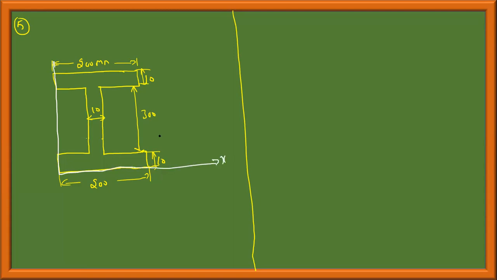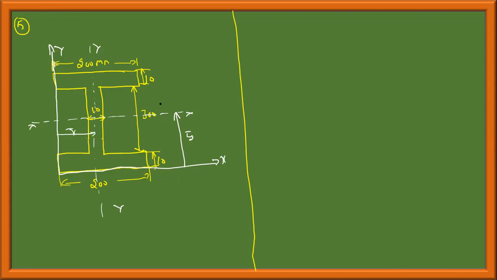I'll write just an axis, x and y axis, for my reference. Okay. Due to symmetry, this section is symmetrical about x and y axis, right? If I take this as my x axis of symmetry, this as my y axis of symmetry, it is symmetrical about both x and y axis. So I can write this distance from the reference axis to here is y bar. This distance from here to here is x bar.